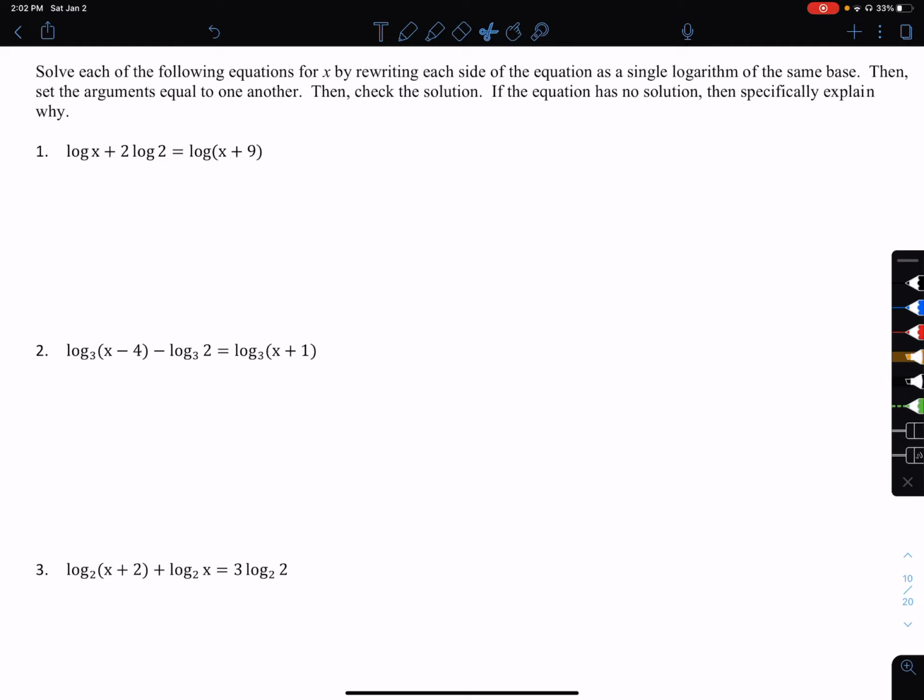Pre-calculus notes 8.2, dealing with logarithms and properties and trying to put them to use. This is the last video, 4 of 4. Solve each of the following equations. Now, it's likely that that's just going to be the directions